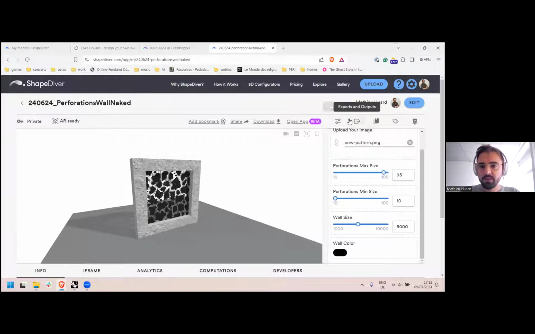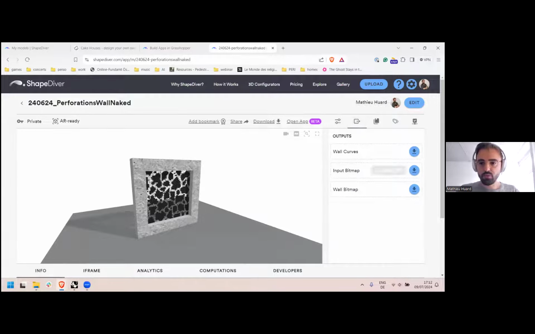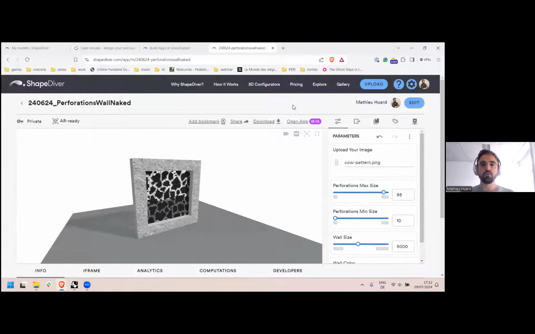On top of that, I have my second category here of exports and outputs, which contains buttons to download the 3 different types of exports that I defined in my definition. And so where do we go from that to what we now call an app, which allows me to control the layout a bit more and go a bit deeper in terms of a